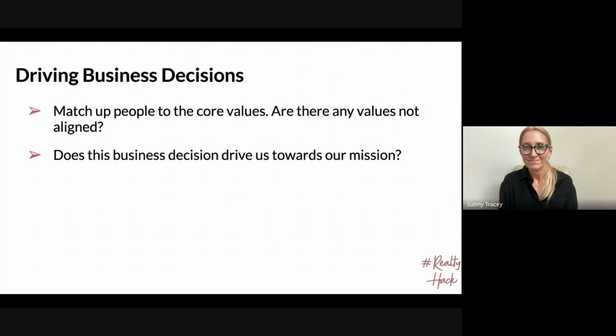And then the next part on this, as far as driving business decisions, is really important too. We do the same thing when we're talking about something non-people oriented. You're talking about a new piece of technology, or integrating with a business partner, something like that. These same core values can help you align and make good choices in those business decisions. Is this investment in a piece of technology going to help our agents be smart, take action, be all in, do the right thing? So it goes beyond the people part of things. It can really help with everything.